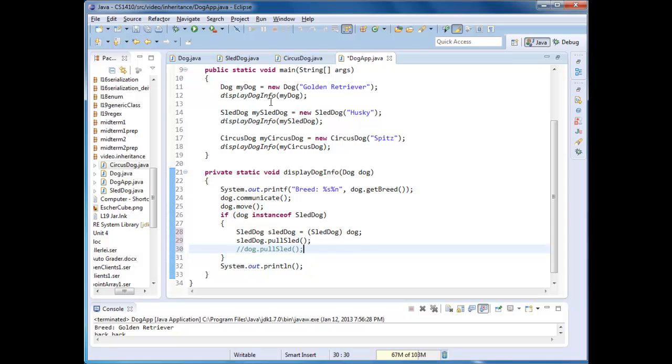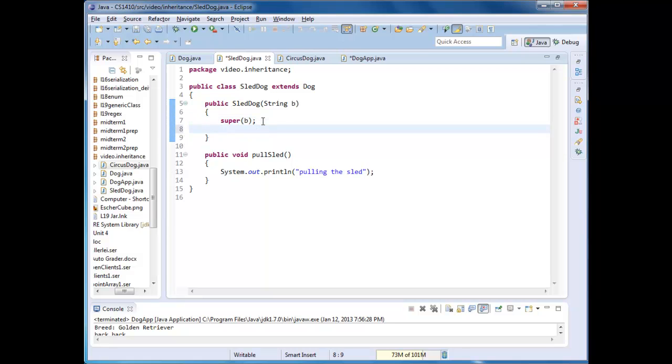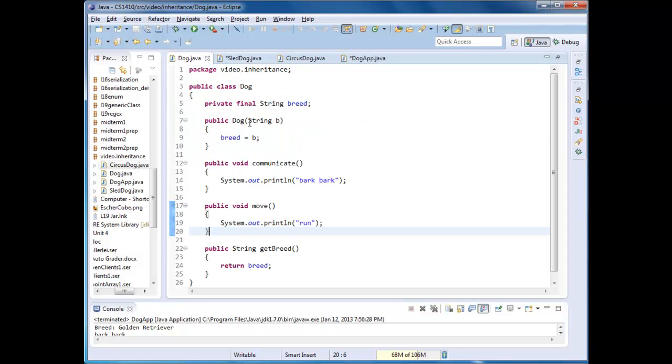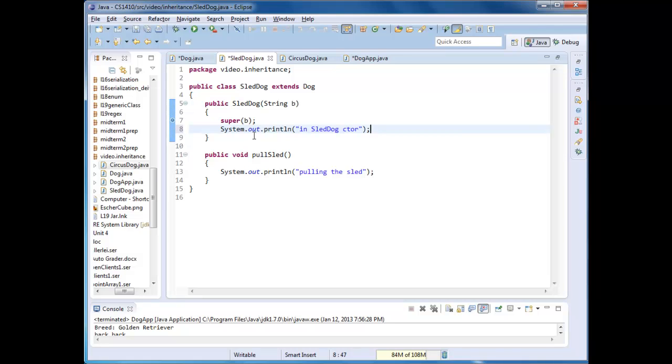And we still have a little bit of time left, so I want to show you the various constructors that are called when we create a sled dog object. And I'm going to do something that you typically do not want to do. I'm going to add a print statement in a constructor only for a short demo. I'm going to remove it right afterwards. So here I say System.out.println "in sled dog constructor". And I'm going to do something similar here when I say System.out.println "in dog constructor". And now I'm going to set a breakpoint right here where I'm assigning my breed, and right here where I'm calling my superclass constructor. And I'm going to use my debugger,